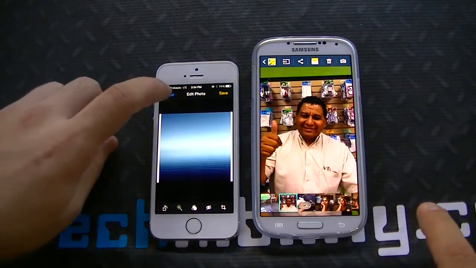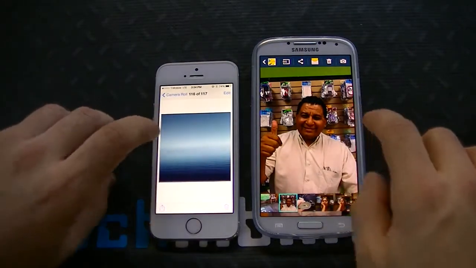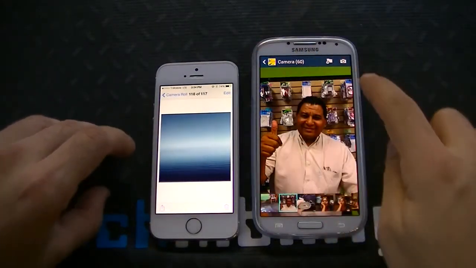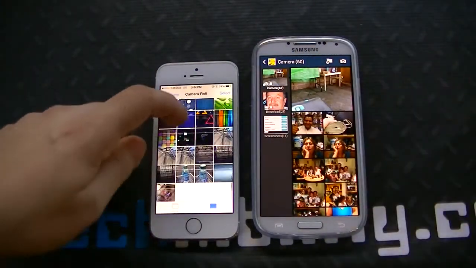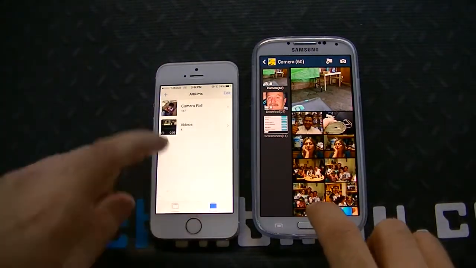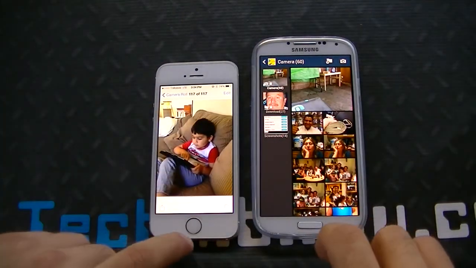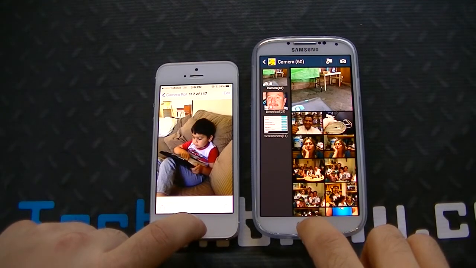Go back. Cancel. Right, you can delete the photos as well, obviously. Go back, you can create various different folders, and you can do the same here with iOS. You can create various different albums. You can see the picture I just received right there of my nephew. Alright, so let's go ahead and go home on both.